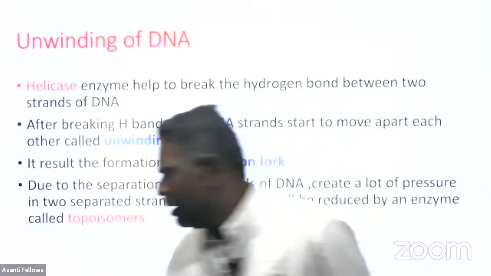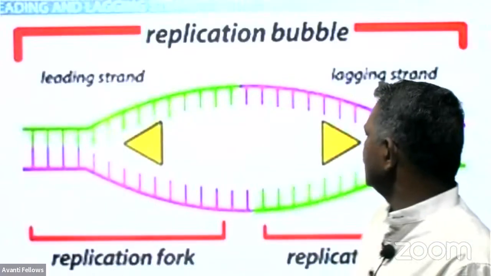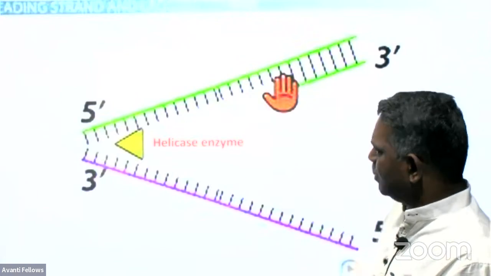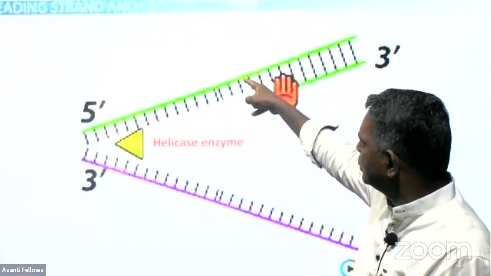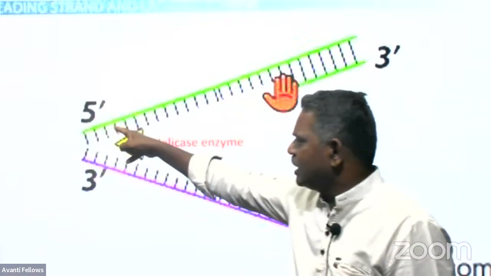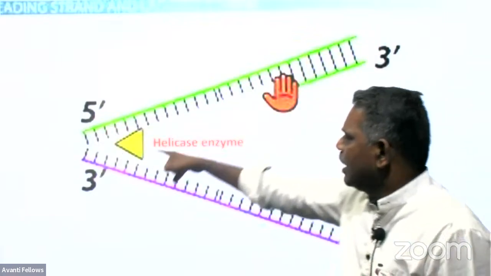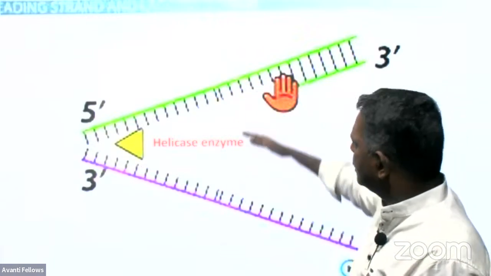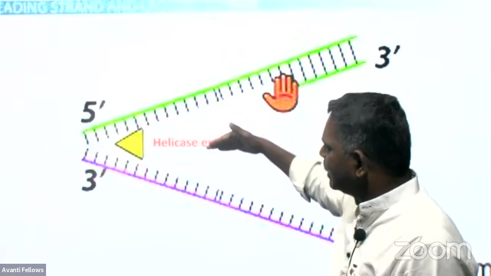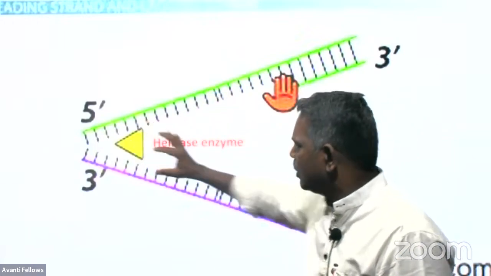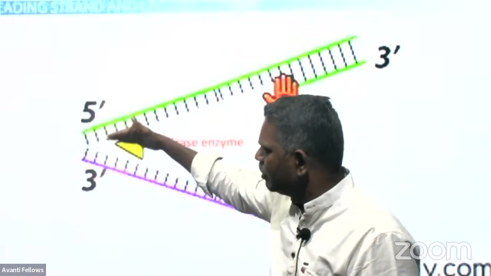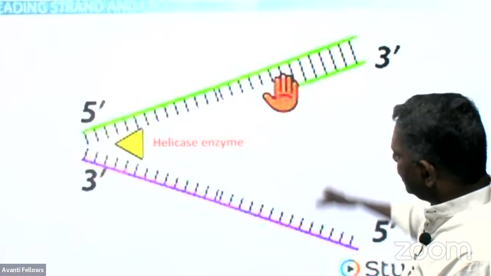Unwinding of DNA. Here you can see the separation of the DNA after breaking this hydrogen bond. Hydrogen bonds connect one strand to another strand. These strands are antiparallel, one is 5' to 3', another one is 3' to 5'. And here these two strands are separated with the help of the helicase enzyme that breaks the hydrogen bond. It starts here and moves in this direction. While moving, it breaks all the hydrogen bonds. And after separating these two strands,